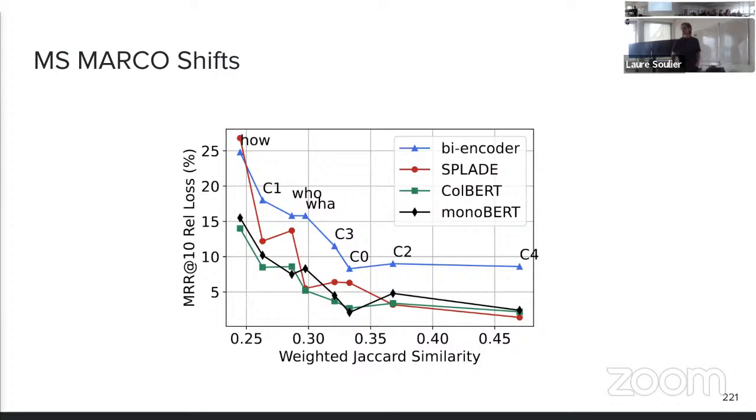versus short ones. But why I asked this question is because I was wondering, I don't know exactly how MS Marco has been adapted to IR, so maybe it's not really relevant, but I was wondering how such a system like Slate would be as efficient on question answering tasks with maybe longer questions and shorter answers.